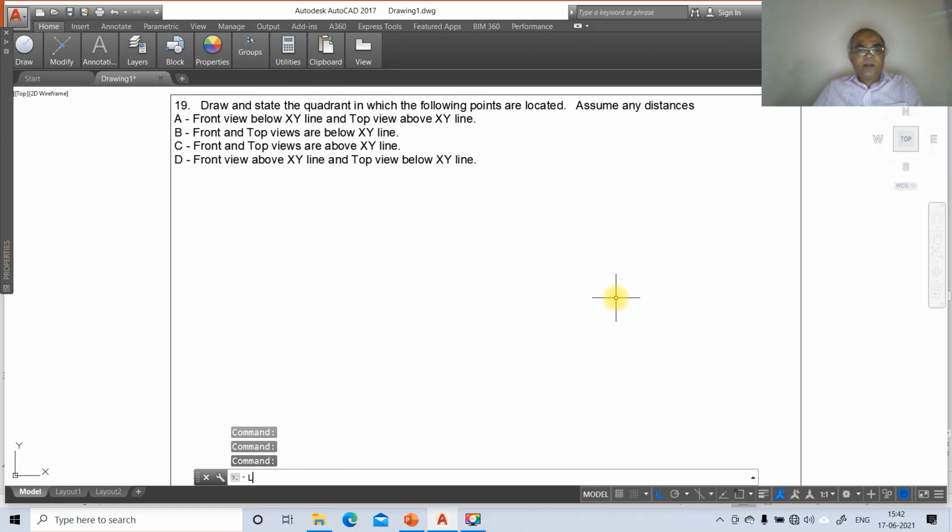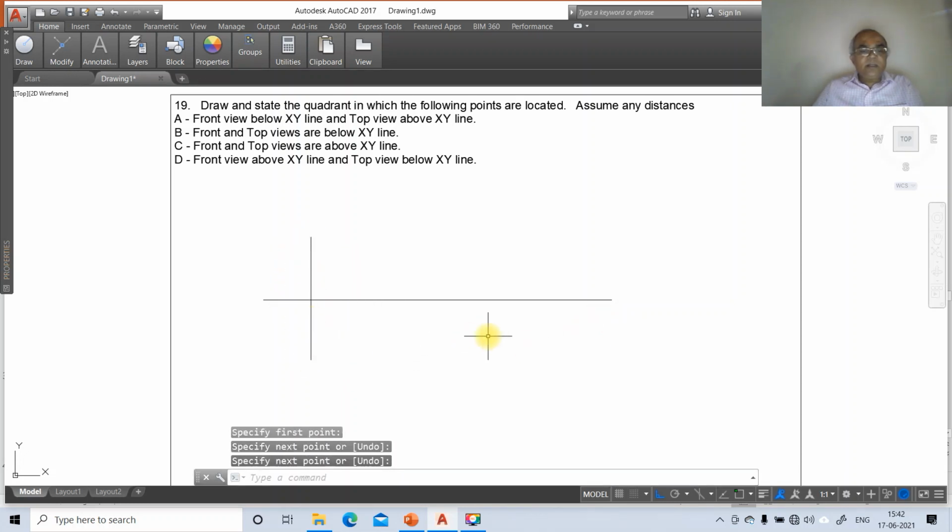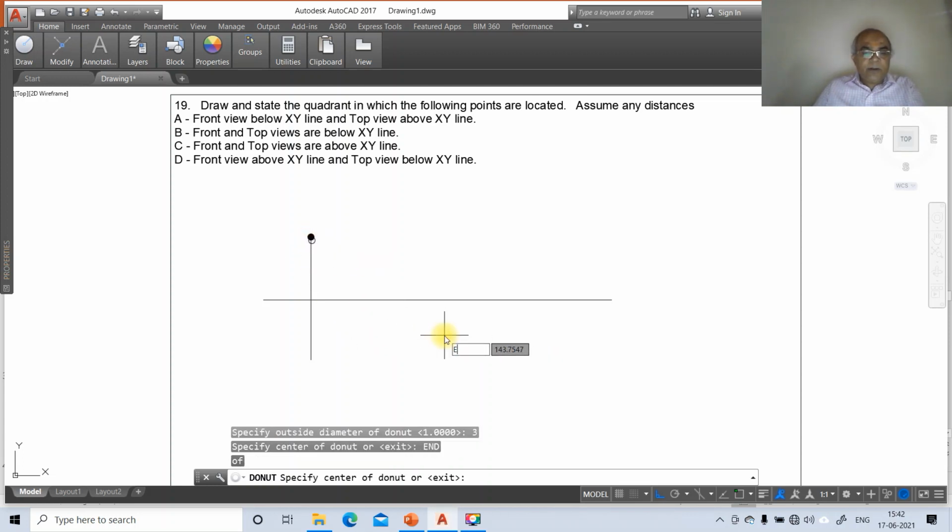Now we'll go for a line command. Draw some arbitrary point and draw a horizontal line, then go to line, take this and draw a vertical line, then go to donut, take 0, take 3, take endpoint of this and take endpoint of this.